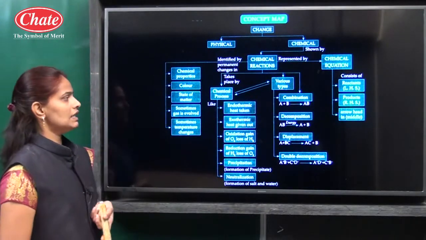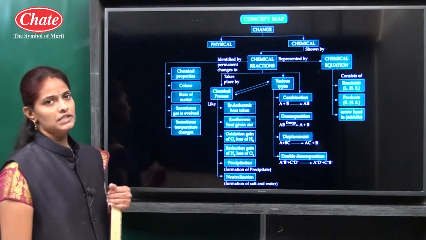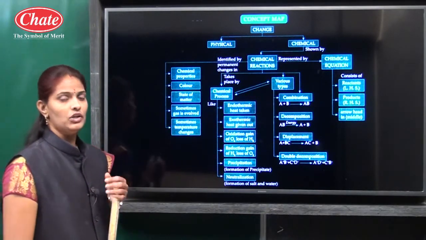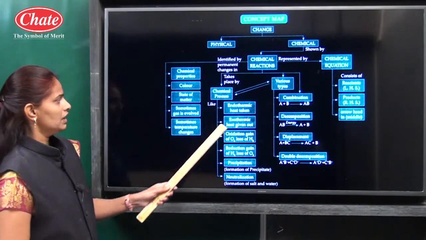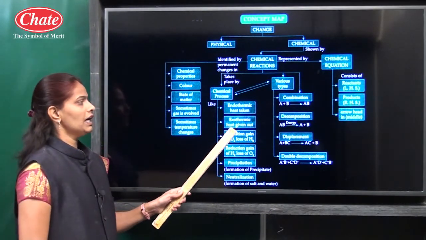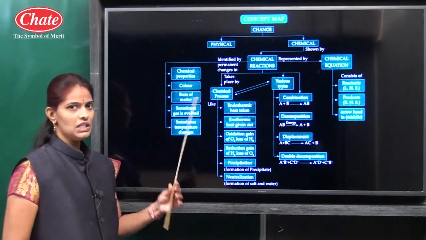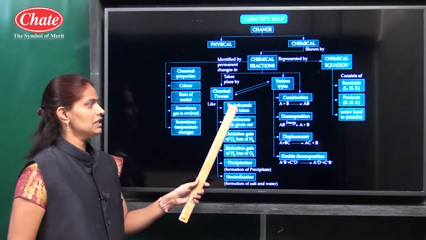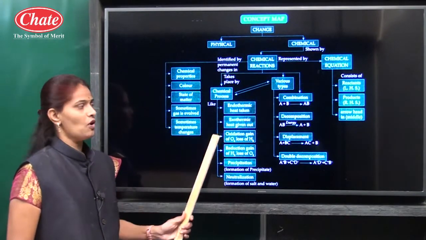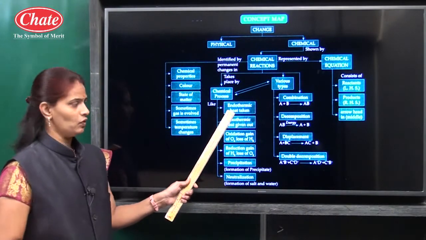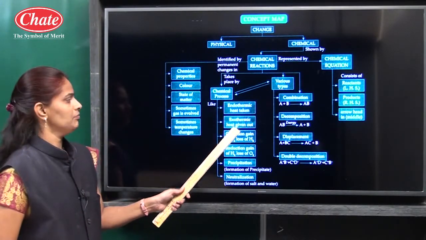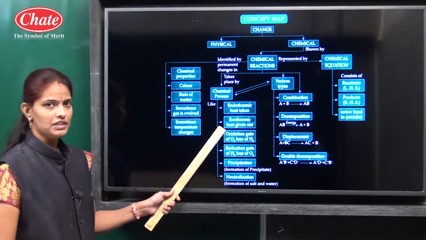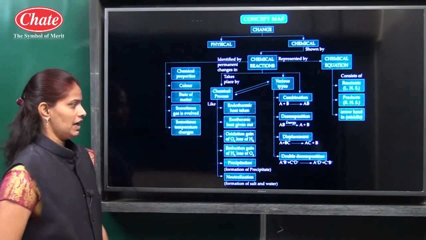Okay, so these are the types of chemical reaction, that is combination, decomposition, displacement, double displacement reaction according to the nature of reactants. Here are another 2 types, endothermic and exothermic. Endo means in and exo means out, therm means heat. The reaction in which heat is absorbed, heat is taken in, that is why it is called endothermic reaction. In exothermic reaction, heat is given out, that is why it is called exothermic reaction.